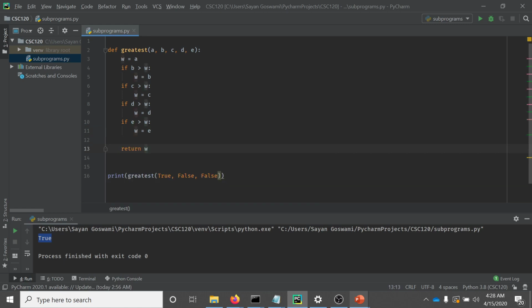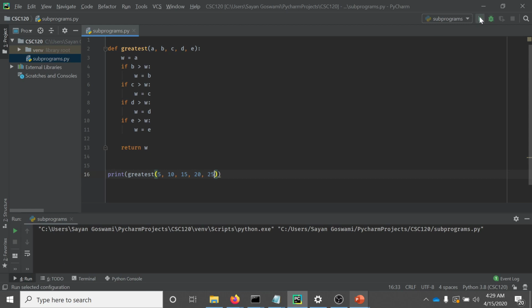So how do you find the greatest of 5 numbers? Let's call them greatest of 5, 10, 15, 20, and 25. And when we run this, it gives me 25. Obviously you can try it with different numbers, you can mix and match,